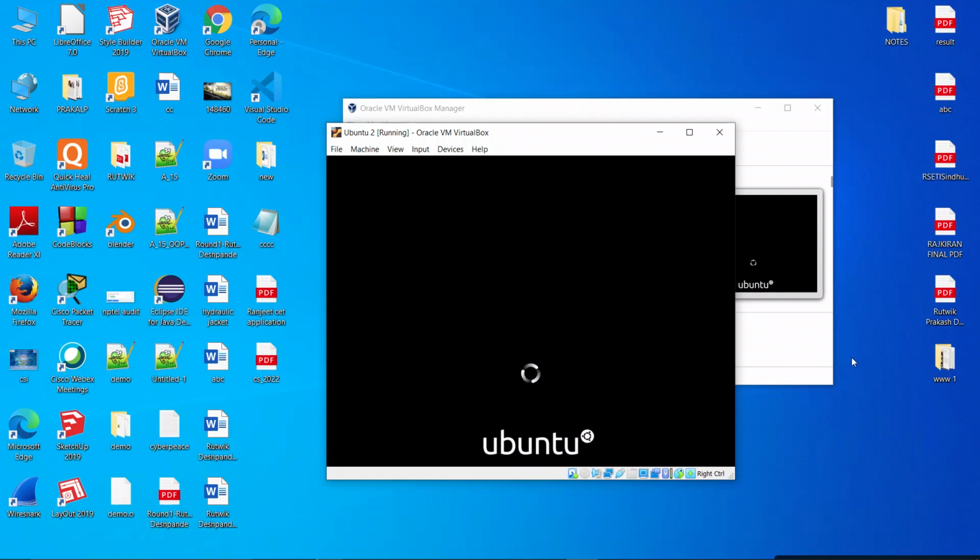Just wait for a fraction of a second, and it will surely start your Ubuntu using VirtualBox on your PC. Here in Oracle VirtualBox, you can see the preview of whatever you are doing on Ubuntu.